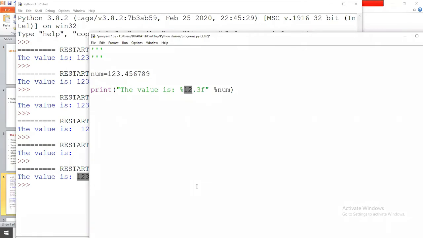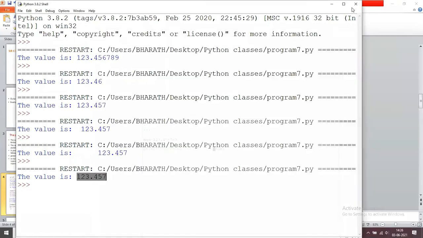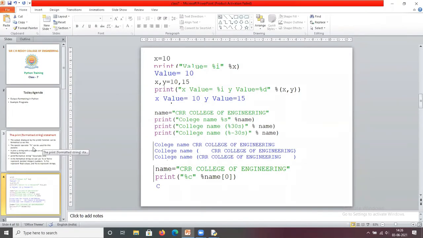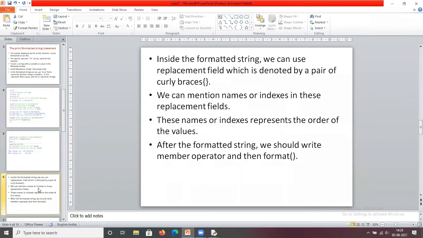Okay, so next one. Here we are using the percentage operator. Similarly, we have another function. Inside the formatted string, we can use the replacement field, which is denoted by a pair of curly braces.